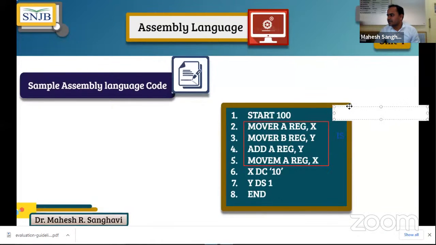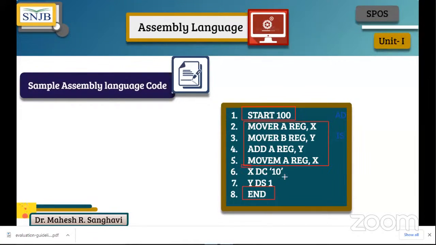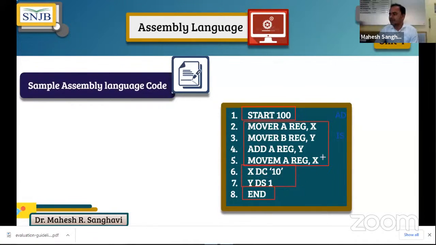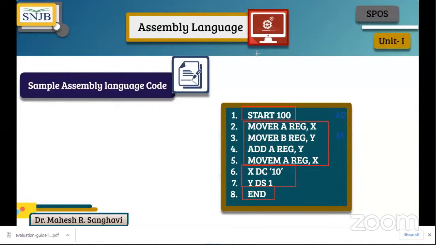Next, this is the assembler directive statement. So your start 100 and end are both assembler directive statements. The remaining statements are ultimately known as declarative statements. We normally call it DS. So this is an assignment that I have given to you,